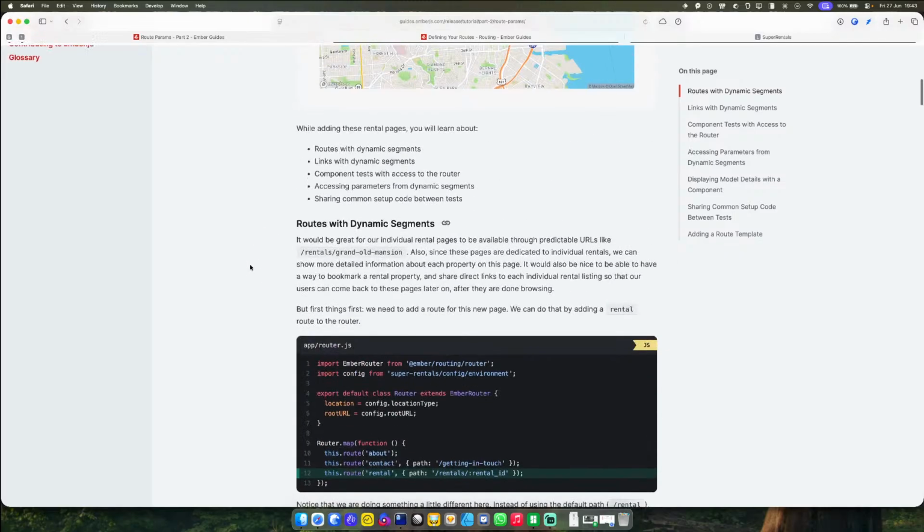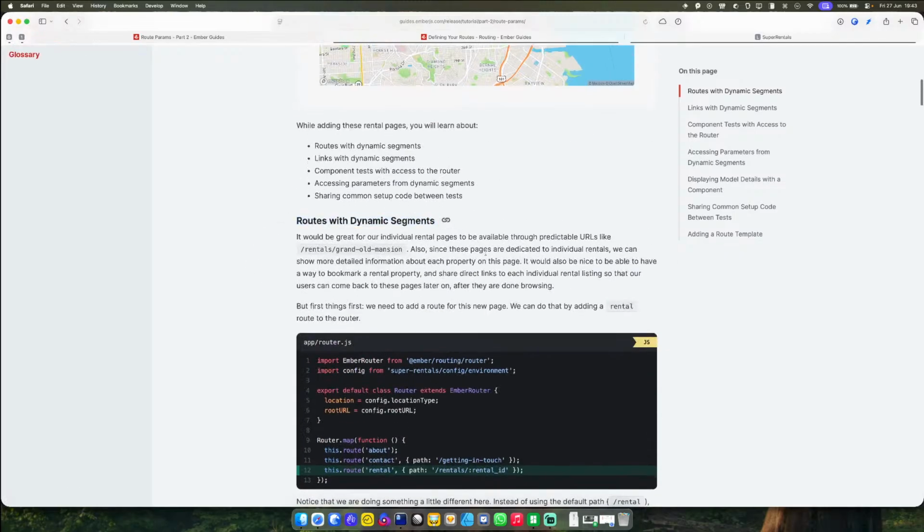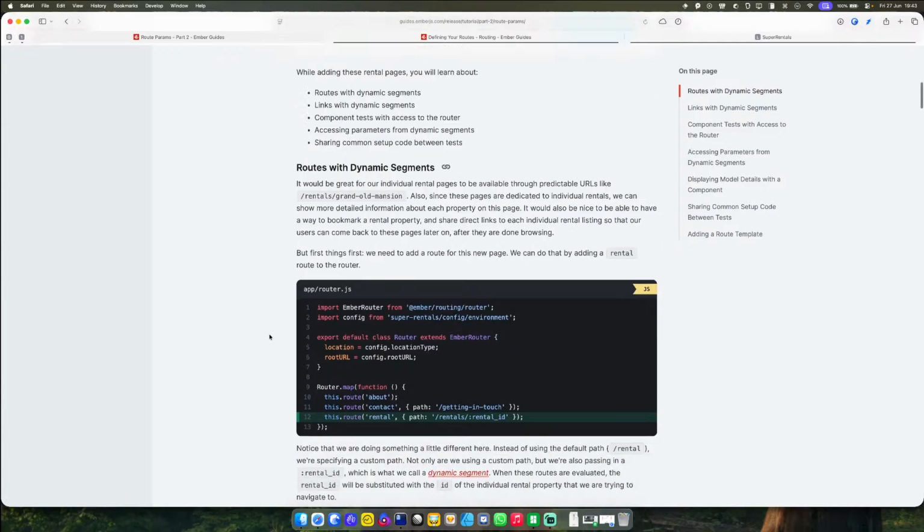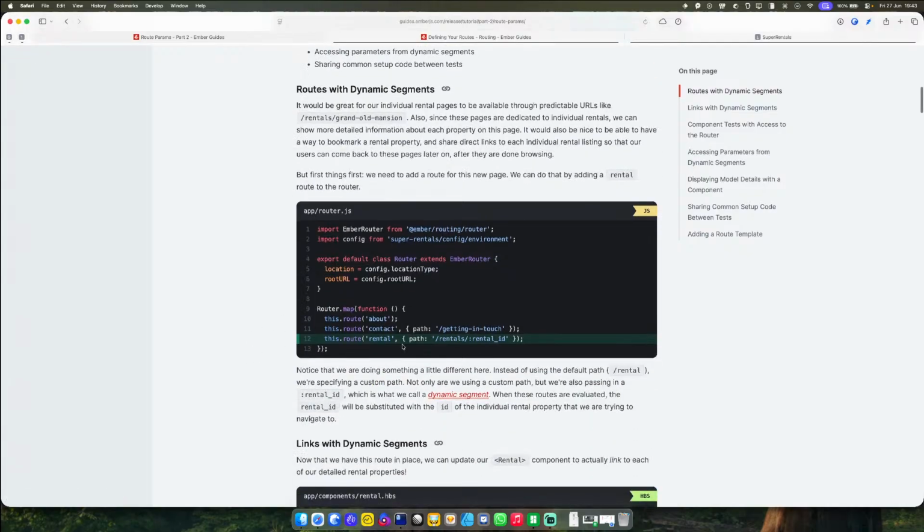So we have these routes with dynamic segments, right? It'd be great for individual rental pages to have a predictable URL, like the name of the thing in kebab case. But where this is opinionated, I think we are passing something a bit ambiguous into this. So we're saying this route rental path rentals rental ID. Okay, this segment here is kind of weird,